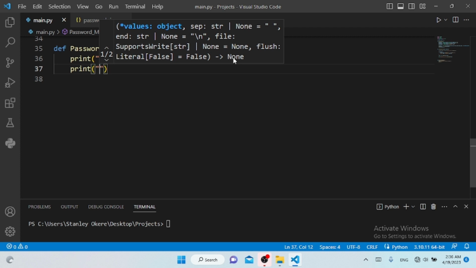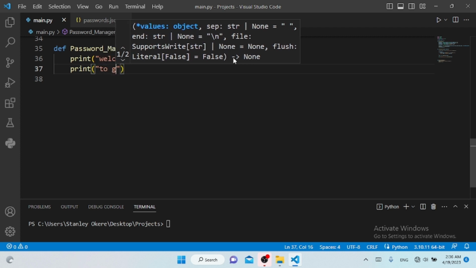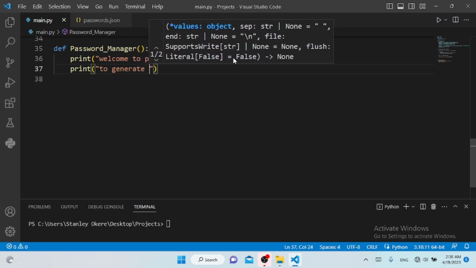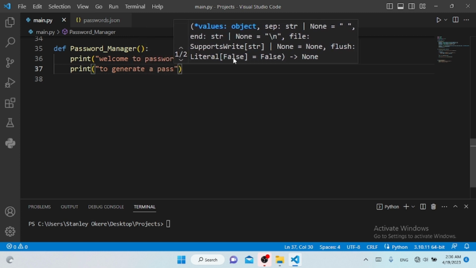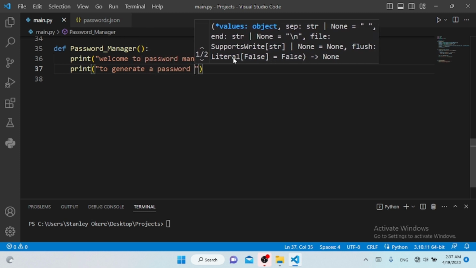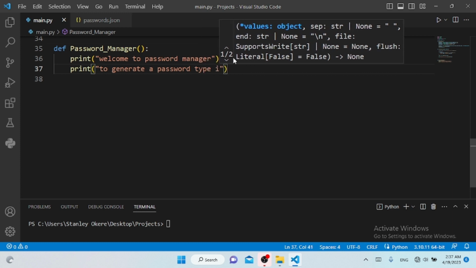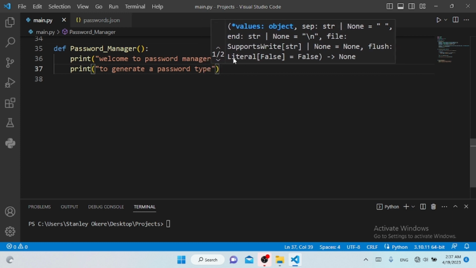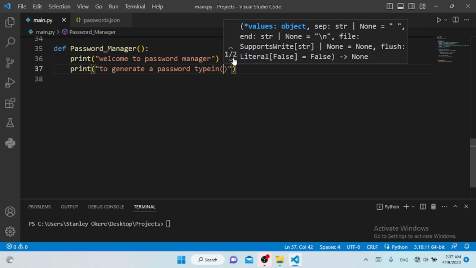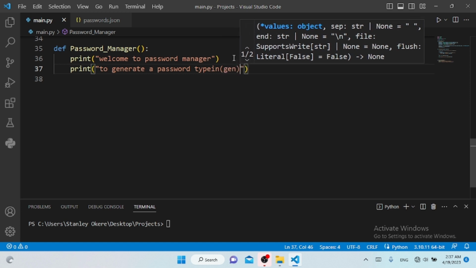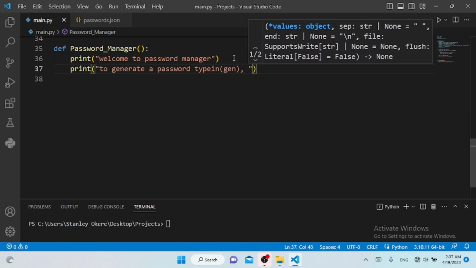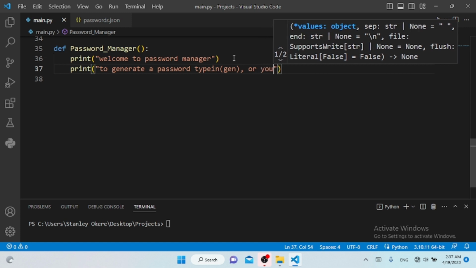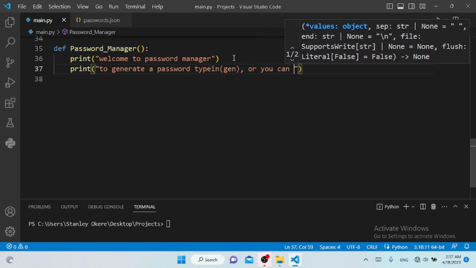Cool. So here we're going to say, to generate a password, type in, then put the function in brackets, type in gen, or you can type